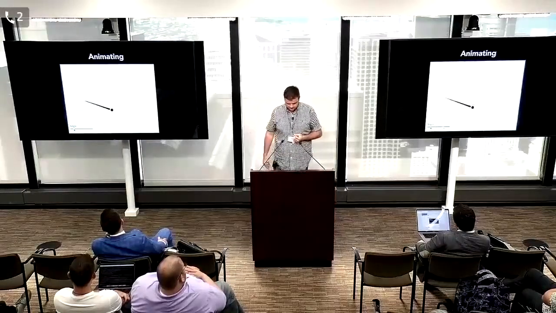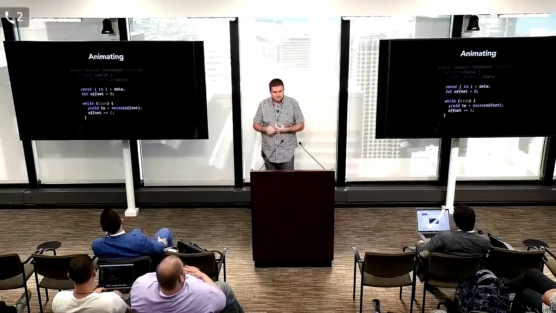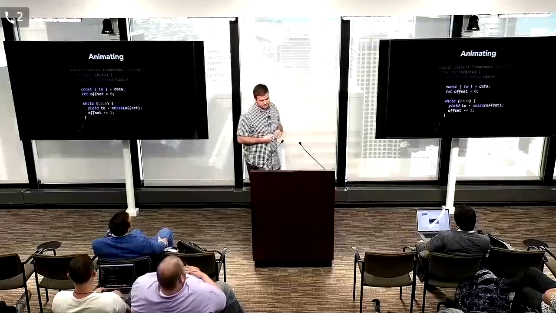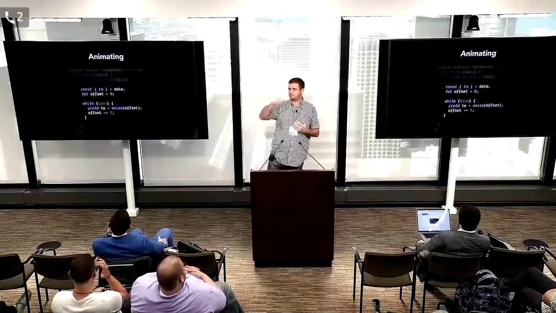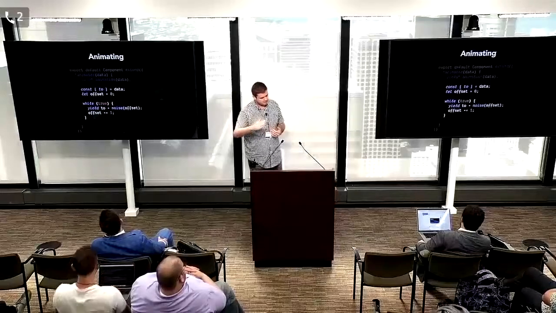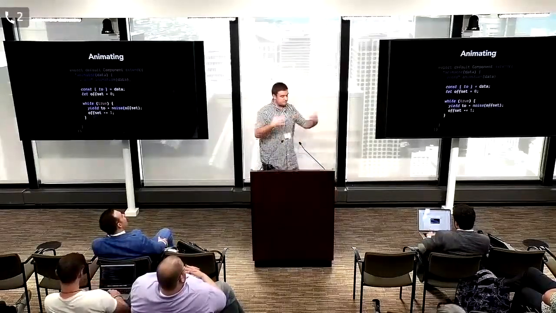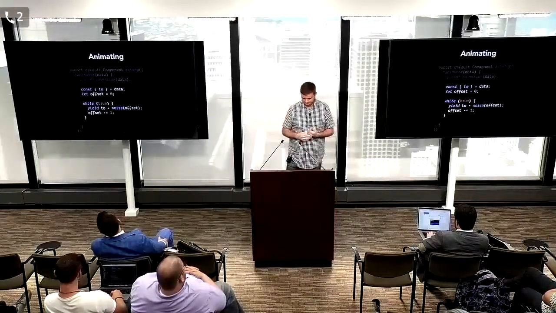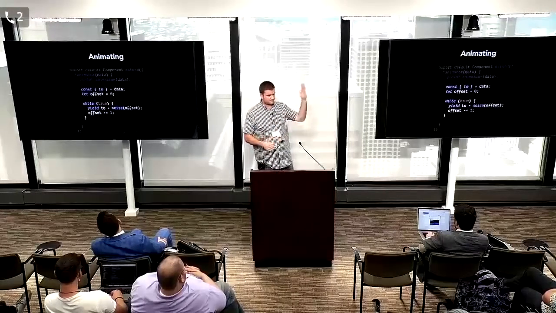I don't have an animated GIF to go with that one. But the next part of this is the wiggle. And this is why I think generator functions are a really, really great tool for animation. Now that we have yielded that initial animation to go from the start point to the end point, and we've completed all of those frames, now we want to just animate forever and add a little bit of noise to our animation. So that blog post I referenced earlier where they showed that little wiggle,